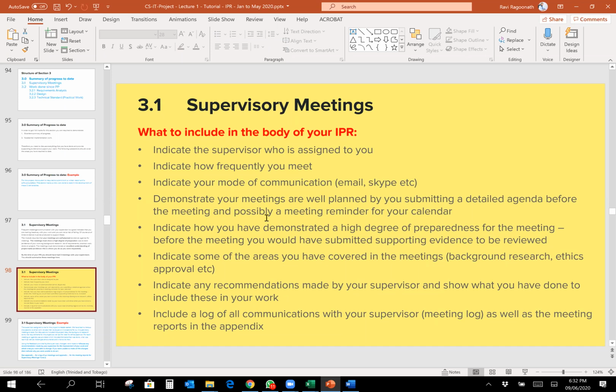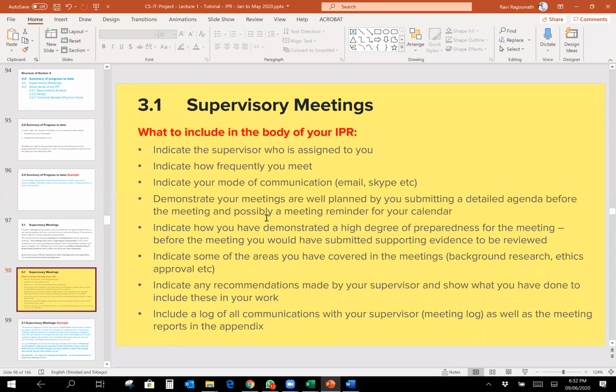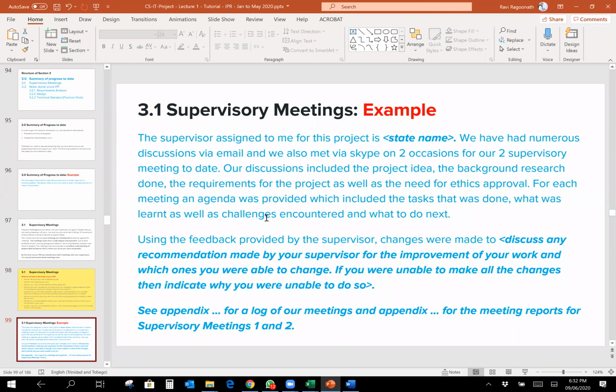What is this log I am talking about? I'll show you an example of a simple log you can have to show that you are tracking your communication with your supervisor. So based on that, an example of what you could write under supervisory meetings. So what I'm doing, I'm taking these points and giving you an example of how to write it. The supervisor assigned to me for this project is Minashi Mengel, whoever. We have had numerous discussions via email, and we also met via Skype on two occasions for our two supervisory meetings to date. Our discussions included the project idea, the background research done, the requirements of the project,